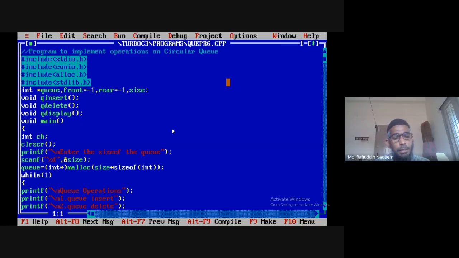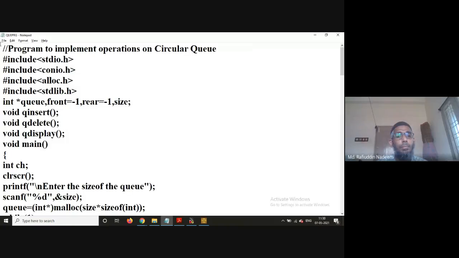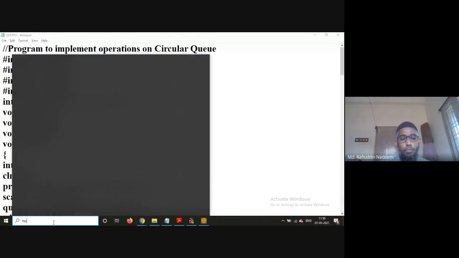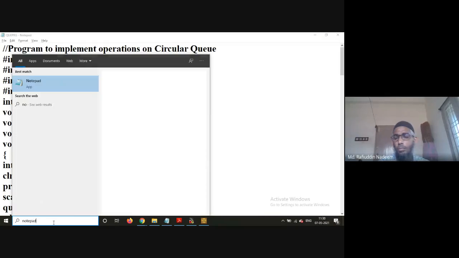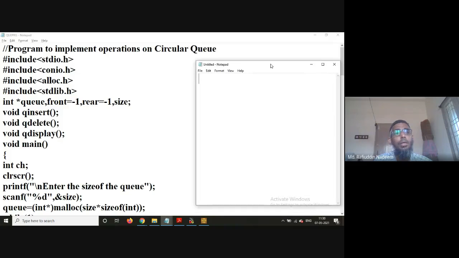Now let us see how the program is going to work. After declaring the required header files, I have a queue pointer.